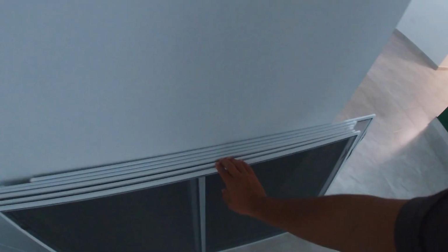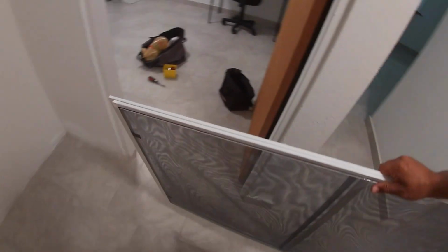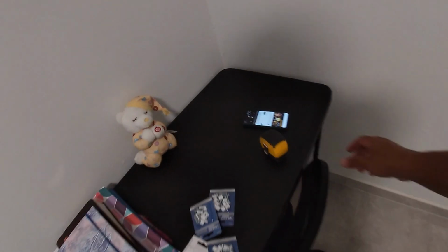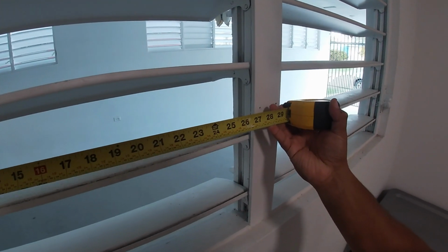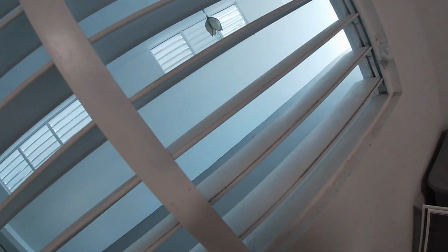So now for the fun part, we're gonna put the ice cream on the cake and put the screens on, two for each room. The interesting thing about these measurements is that even though you go based off the measurement of the window, and that's how they're set up in Home Depot, the advice I would give is to actually measure, with a tape measure, the actual size that you need, not go based off some window calculation, because they can deviate from what it's supposed to be. Some window screens are supposed to be inside the window,